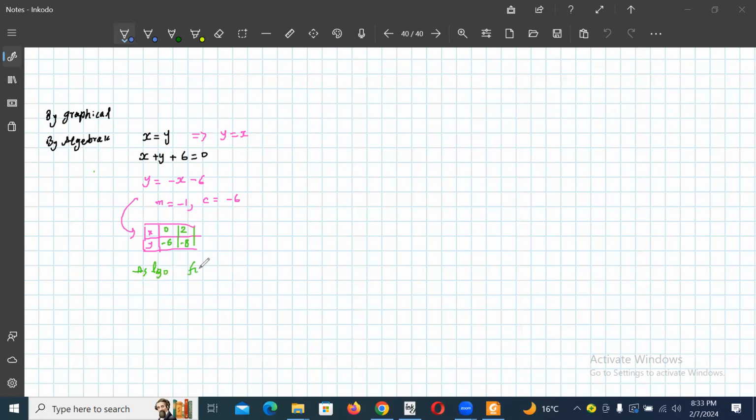Same as also for y is equal to x. This means the value of x and y both are same. For example, x is 1, y is also 1. This is x, this is y. If x is 1, y is 1, x is 2, y is 2. Or for example, x is 3, y is 3 also. Both have the same values. So when we plot these values on the graph paper, so look,